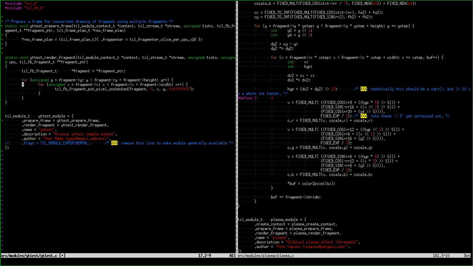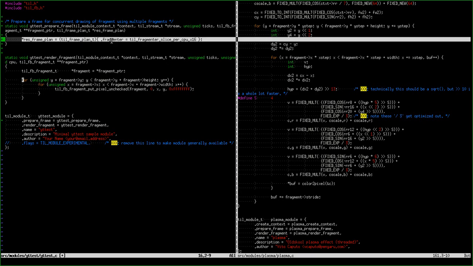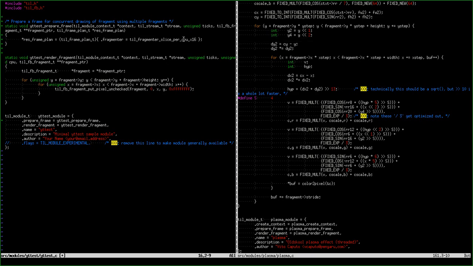because the way that this is written currently, it's completely constrained to the fragment, and this fragmenter is going to just produce smaller fragments for this existing render fragment to do the right thing. And those will get rendered in parallel if there are multiple CPUs. So the real magic here is just implement a prepare frame, produce a fragmenter,